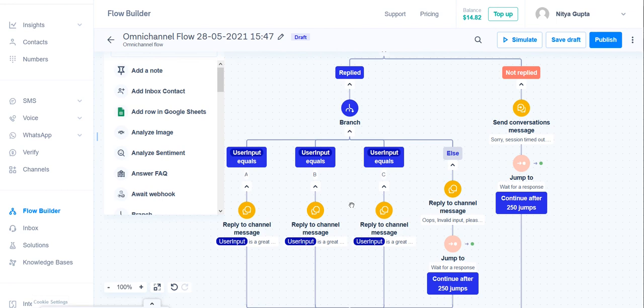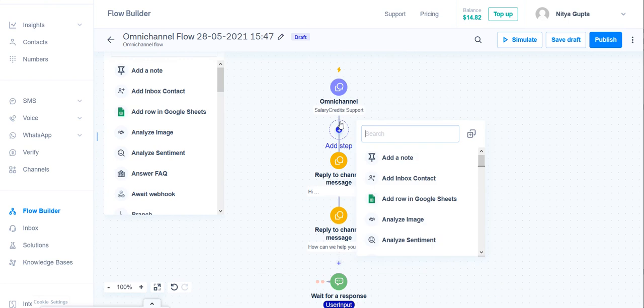Now we will understand how to connect Flow Builder with our Web API. In this part of the video, we will validate the customer's mobile number to determine whether it is a valid user or not. To do that, we will use the fetch variables step to make a POST HTTP request. As a best practice, validation of the customer should be done at the beginning of the flow. So let's add the fetch variables step here at the beginning.